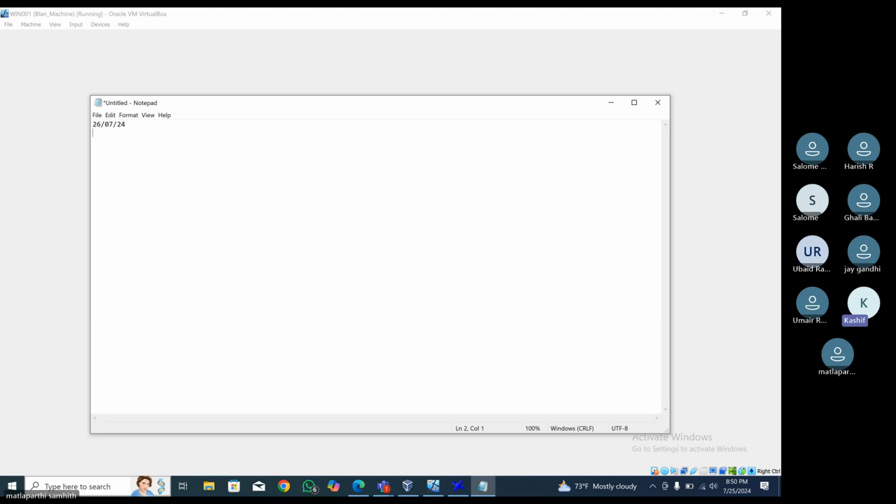Go to the second line and type in point number one: start virtual machine and take snapshot. So we have started the virtual machine and taken the snapshot of the machine. Point number 2,